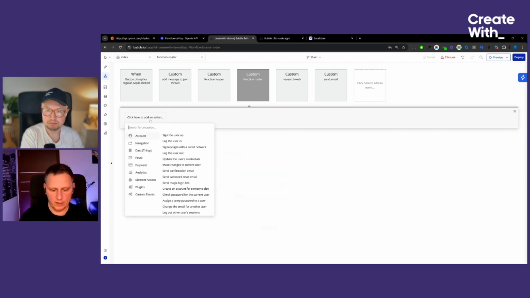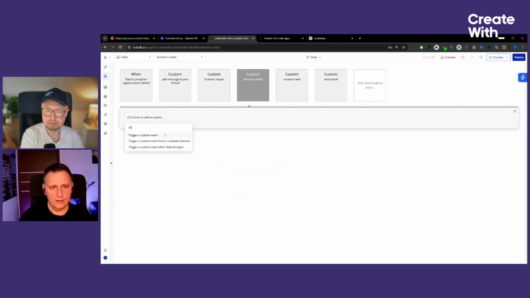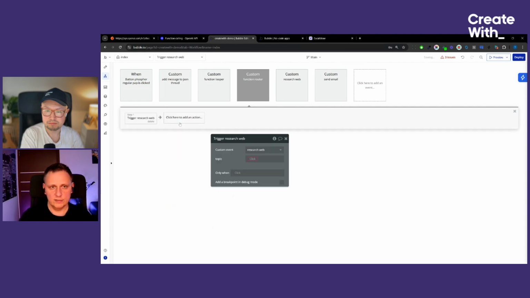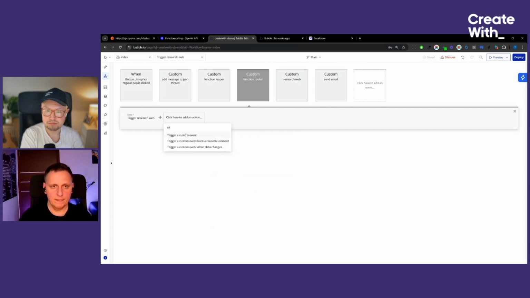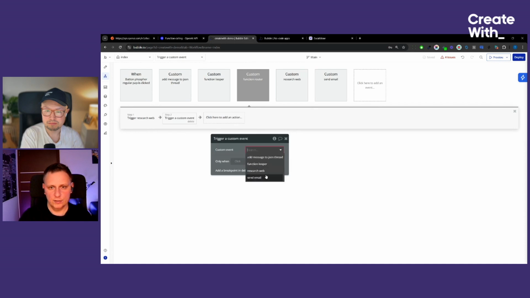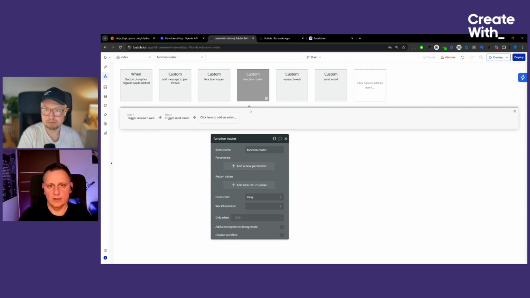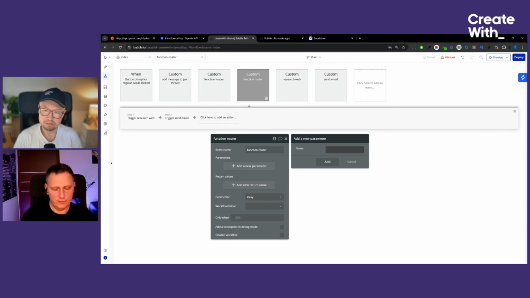So here we have trigger a function research web and trigger a function send email. And as a param here, we will have the function,